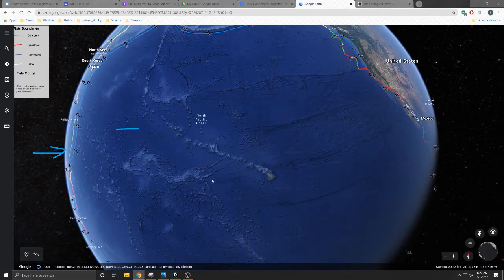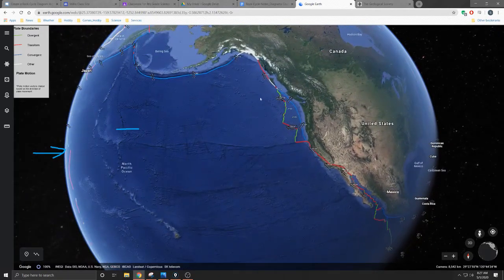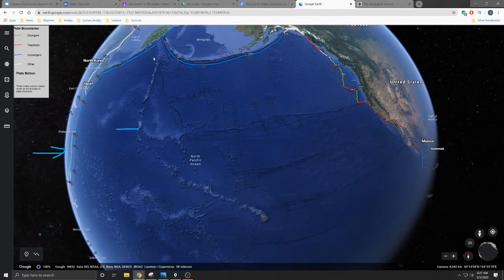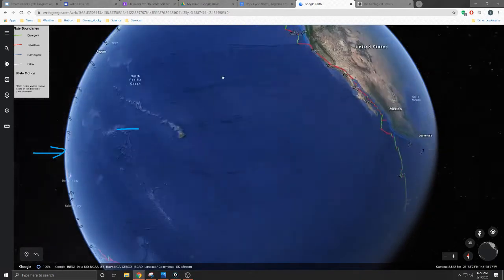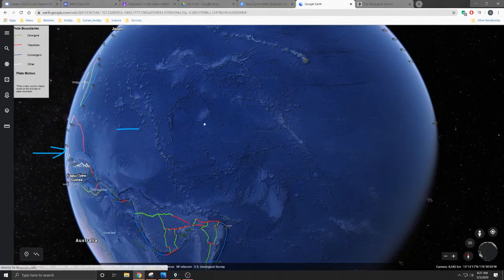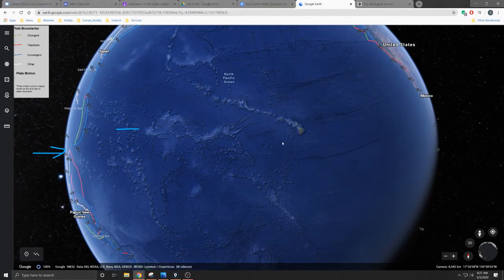But this is also the underlying cause for all the volcanic activity that we see along the Ring of Fire, right? So the Pacific plate, the North American plate, the South American plate, the Oceanic plate down here. So the movement and the collapsing of the Pacific plate as these plates get pushed towards each other is going to be a large catalyst for those types of events.